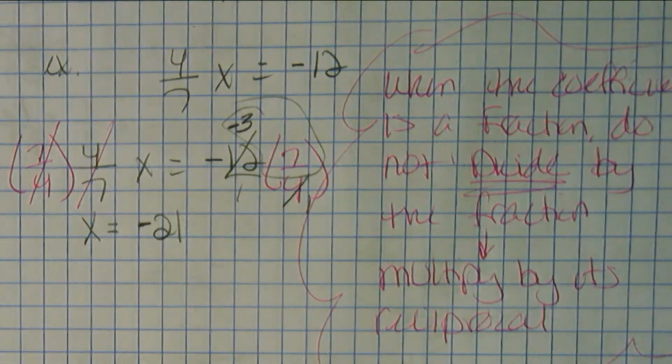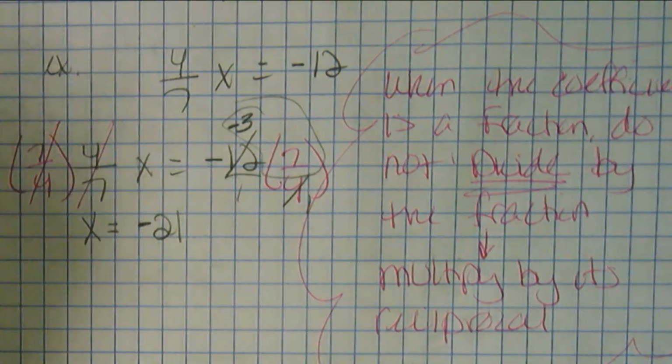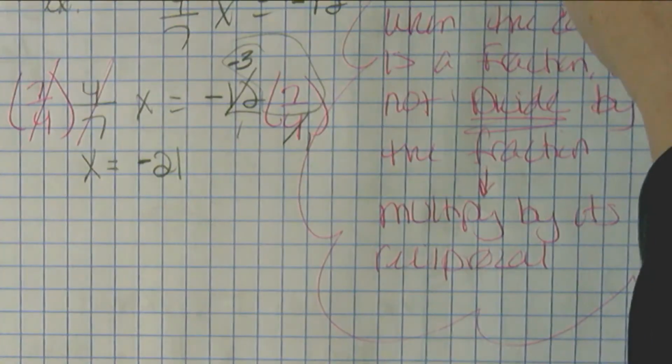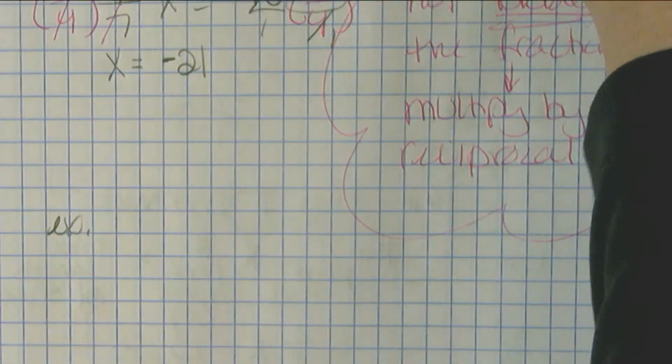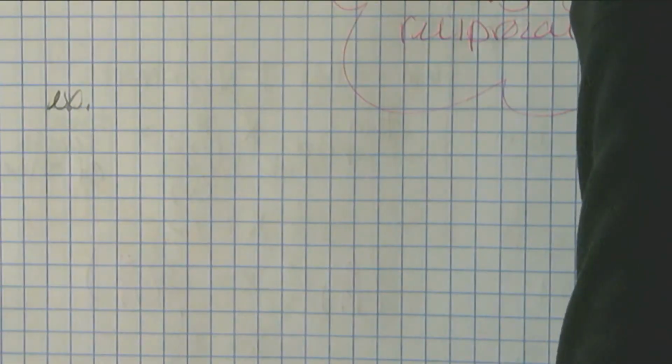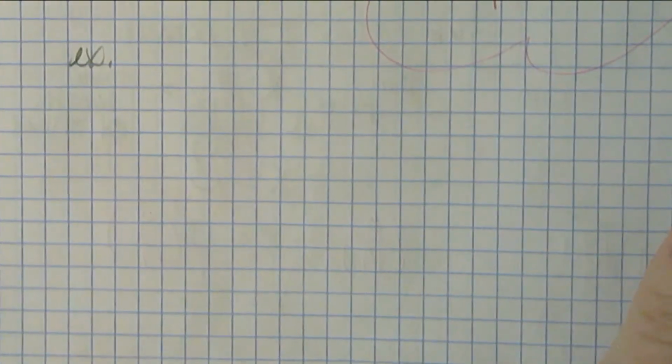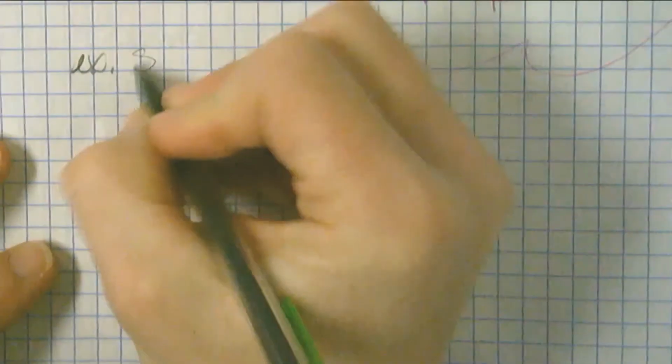All right, let's do another one. This one's going to get a little bit more complicated. It has a little bit more to it. It's going to combine adding fractions and multiplying fractions together. So I want you guys to solve